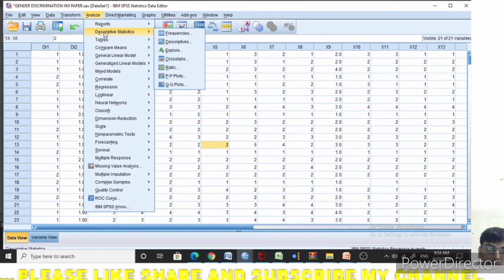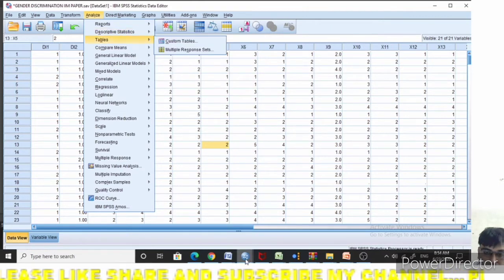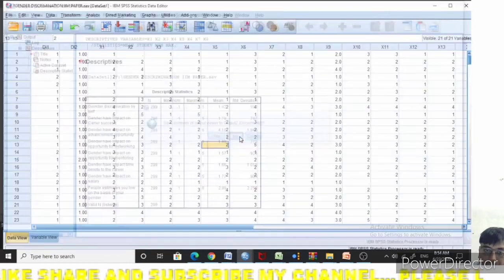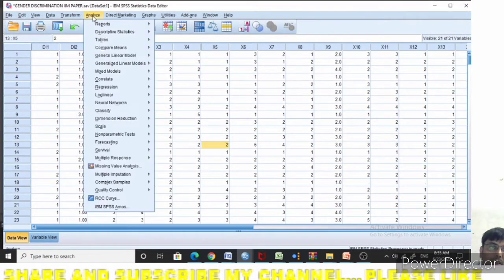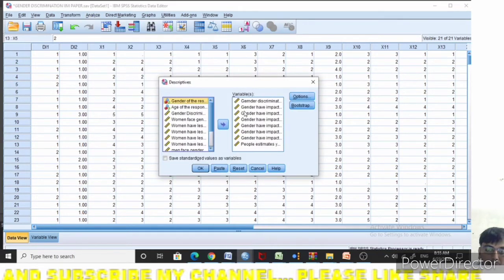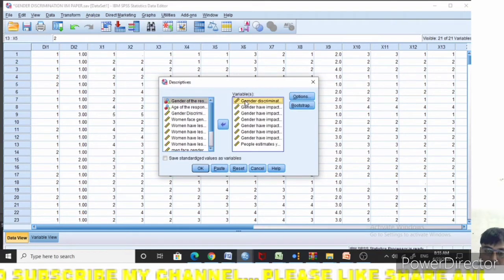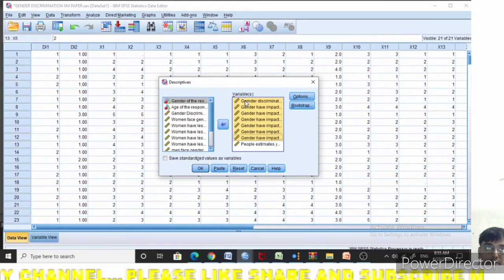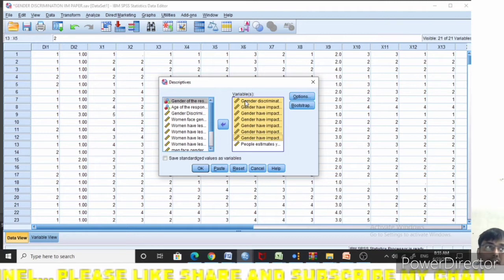So let me move to the descriptive statistics. Go to descriptive statistics, go to descriptives, and I have selected all those variables that are taken for knowing the impact of gender discrimination on self, that is, how respondents feel that gender discrimination is having an impact on them.